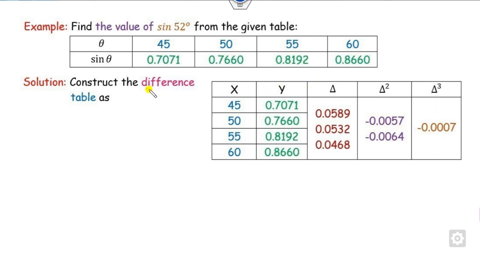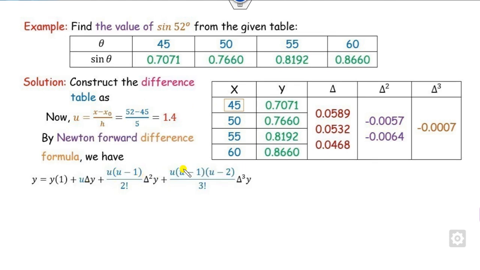Now once you construct this difference table, what is step number 2? We will see how we can construct this in MATLAB. What is step number 2? You have to define the value of u, x minus x0 by h. What is h in this case? The difference between the x values is 5. What is x0? You can take any value as x0. What is the value of x? We need to calculate the value at 52. So I can consider x as 52, and x0 I can consider as any of them. If I consider this as the first, so I can box it, the value is here 1.4. Now the final step is you have to write this formula. How you can remember this formula is, look at that, the maximum value is the delta cube.